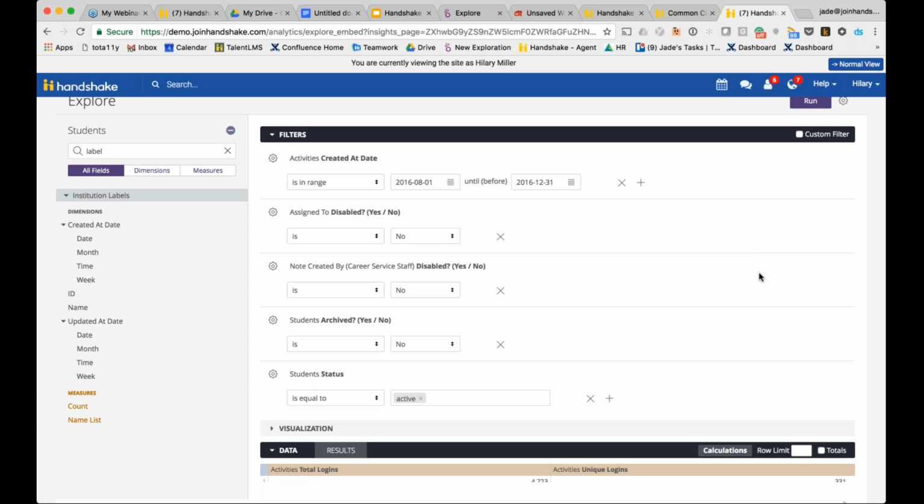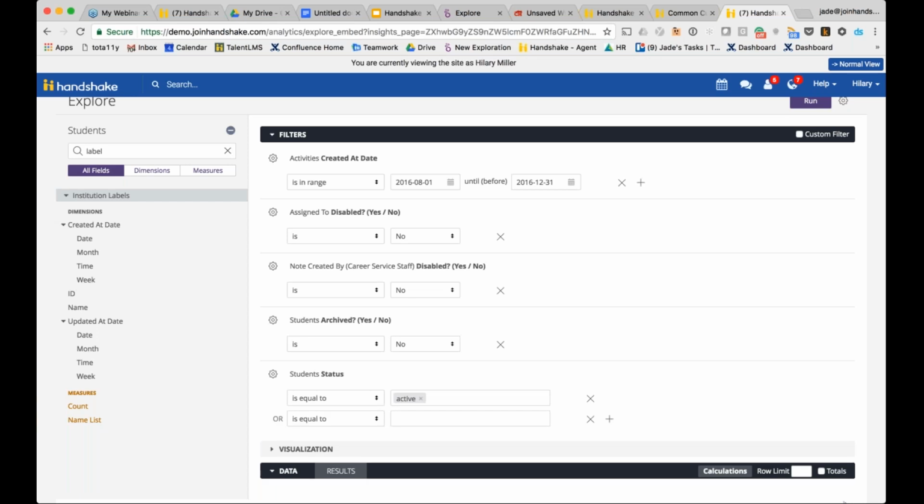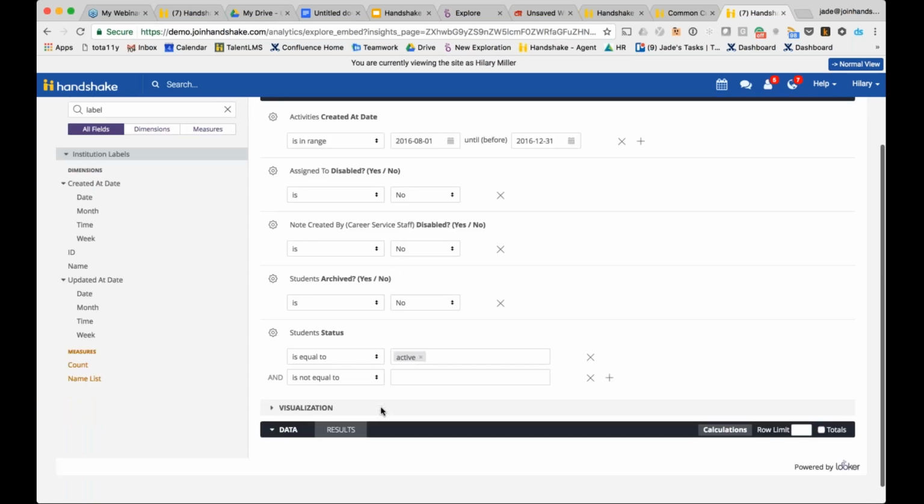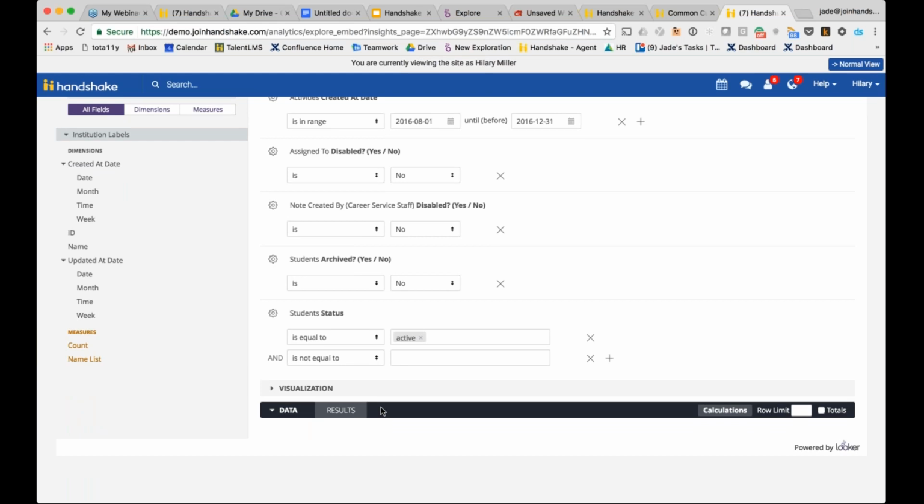It looks like when there are multiple filters, the option is or. Is there an option for and? So it depends on the filter that you're doing. If you did is not equal to here, it's going to change to an and. So you could do is equal to and is not equal to. So anytime that you want to filter an and, it should give you the option, but you'll have to make sure that you change that so that you're not looking at is equal to and is equal to,